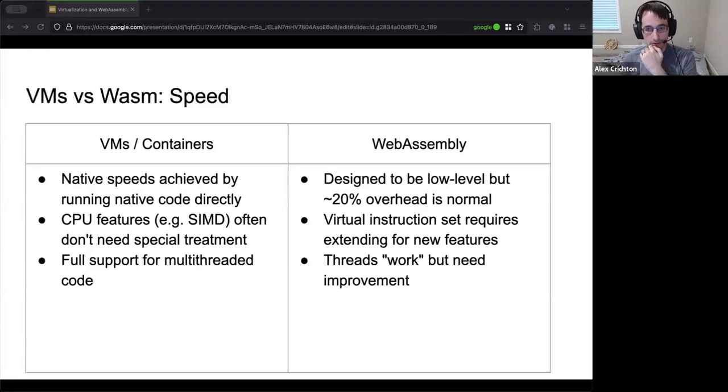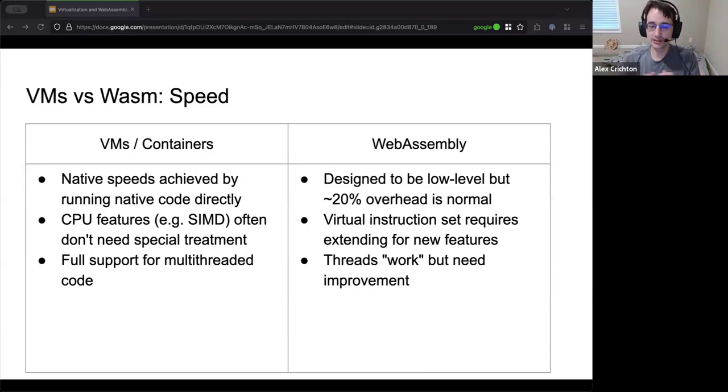So continuing on the speed side for WebAssembly: as a virtual instruction set, it's not x86, it's not ARM, which means if x86 adds a brand new feature, that's not in WebAssembly. And so this does need extension over time, and this is happening. The WebAssembly community group released the MVP, what is called WebAssembly 1.0, I think in 2016. Since then, it's been iterated on, and many more features have been added, like SIMD, threads. What are some other big ones? Like memory copies and things like that. Anyway, a lot of various miscellaneous things. Oh, exceptions is a big one.